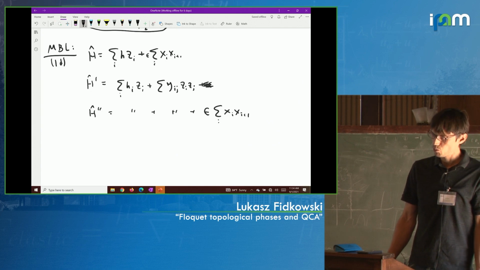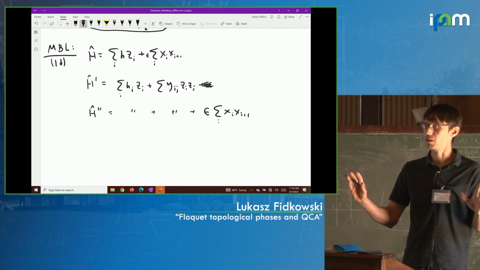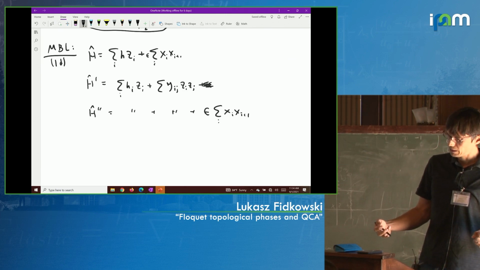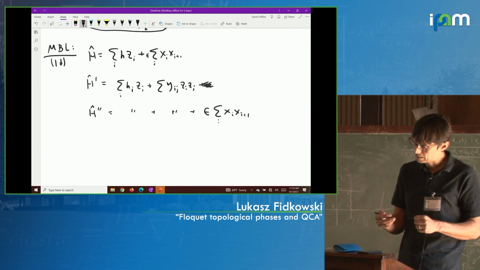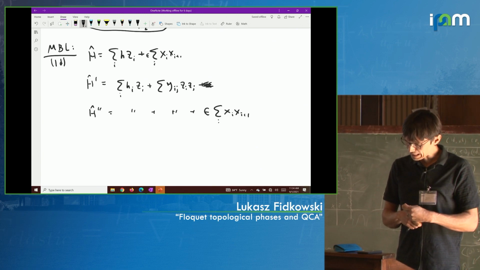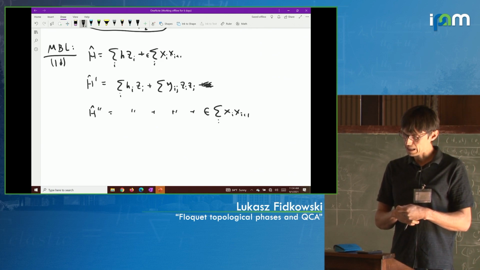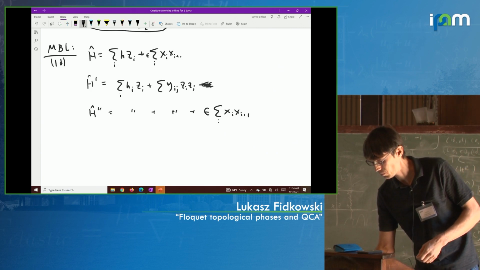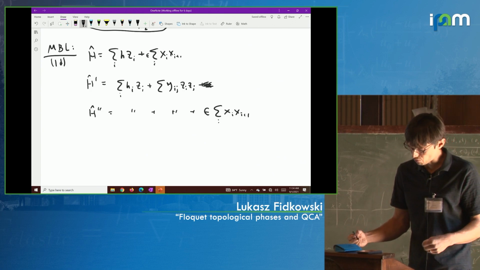So remember, when I had uniform couplings, this original Hamiltonian H broke everything. It got rid of all our local conserved quantities. The statement now, though, is that with these disordered couplings with sufficient disorder strength, it turns out that you still have local conserved quantities even if you're perturbed in this way. That's the essence of many-body localization.